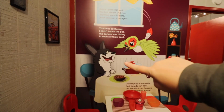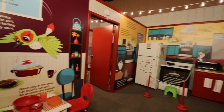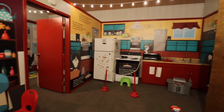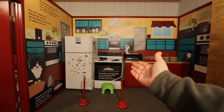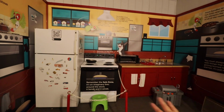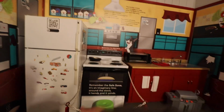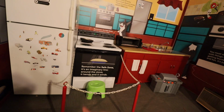In fact, Milo is present all around the room, and in each one of these sections is telling you a little bit more about something that you might want to know. For example, remember the safe zone is an imaginary line around the stove. It bends and it winds. So here is where they're suggesting that you shouldn't get too close if you're a kiddo,